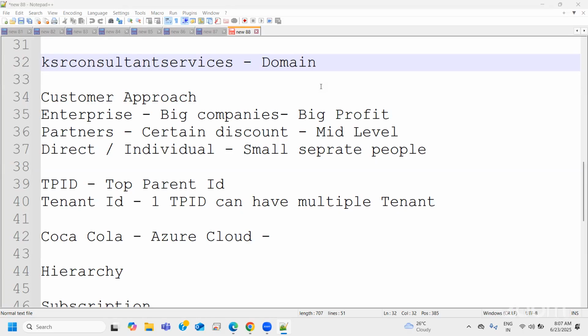Once you understand those three components, then the hierarchy of a cloud comes into the picture, which is subscription, resource group, and resources or services.